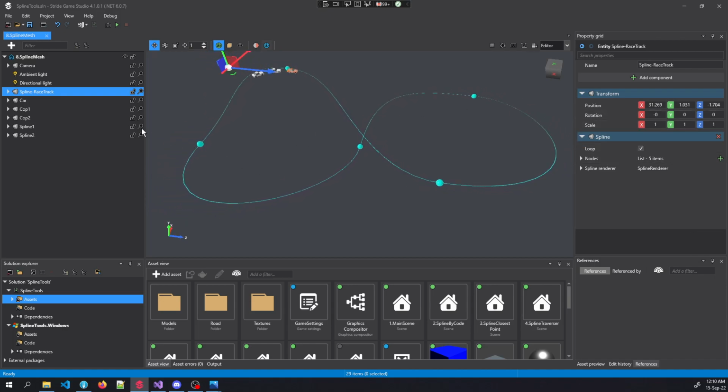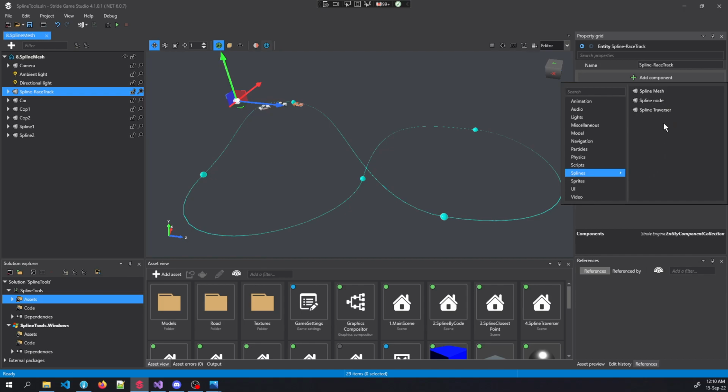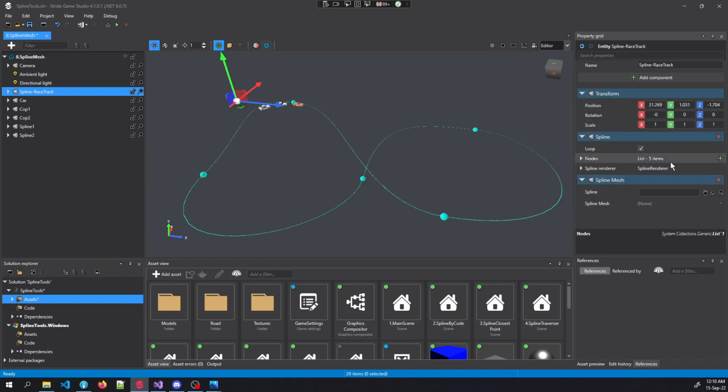As you can see, I have this Spline racetrack entity here, and it has these sub nodes with the Spline node component. And I have the Spline component here already attached, which is why we see this spline. If we click on add component and go to splines, we can now have the spline mesh. Of course, I could have just typed that, but let's select the spline mesh. And the first thing that we need to do is reference the spline component,